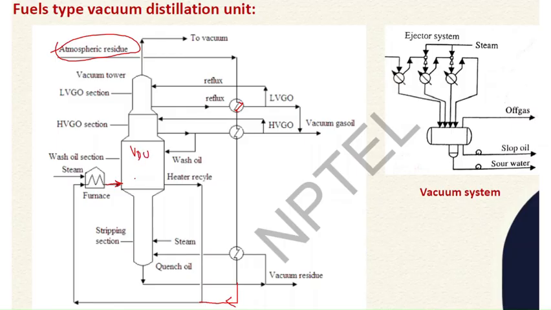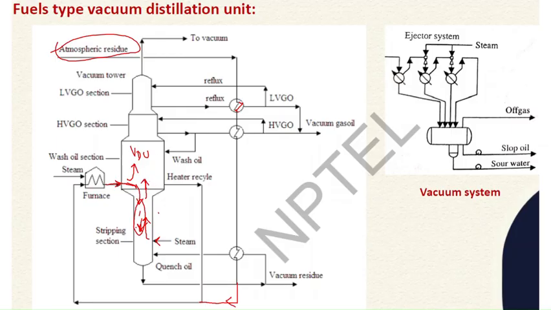This is the vacuum distillation unit. Okay. So when the atmospheric residue is introduced into the vacuum distillation unit, the lower cuts, which are the liquid portion, go below, and the higher cuts go above. It may be possible that some amount of lighter cuts are available in this liquid portion, in this heavier cut. So for that purpose, we introduce steam here. When this steam goes up, it takes the lighter cuts along with it, if they are present in this heavier cut.